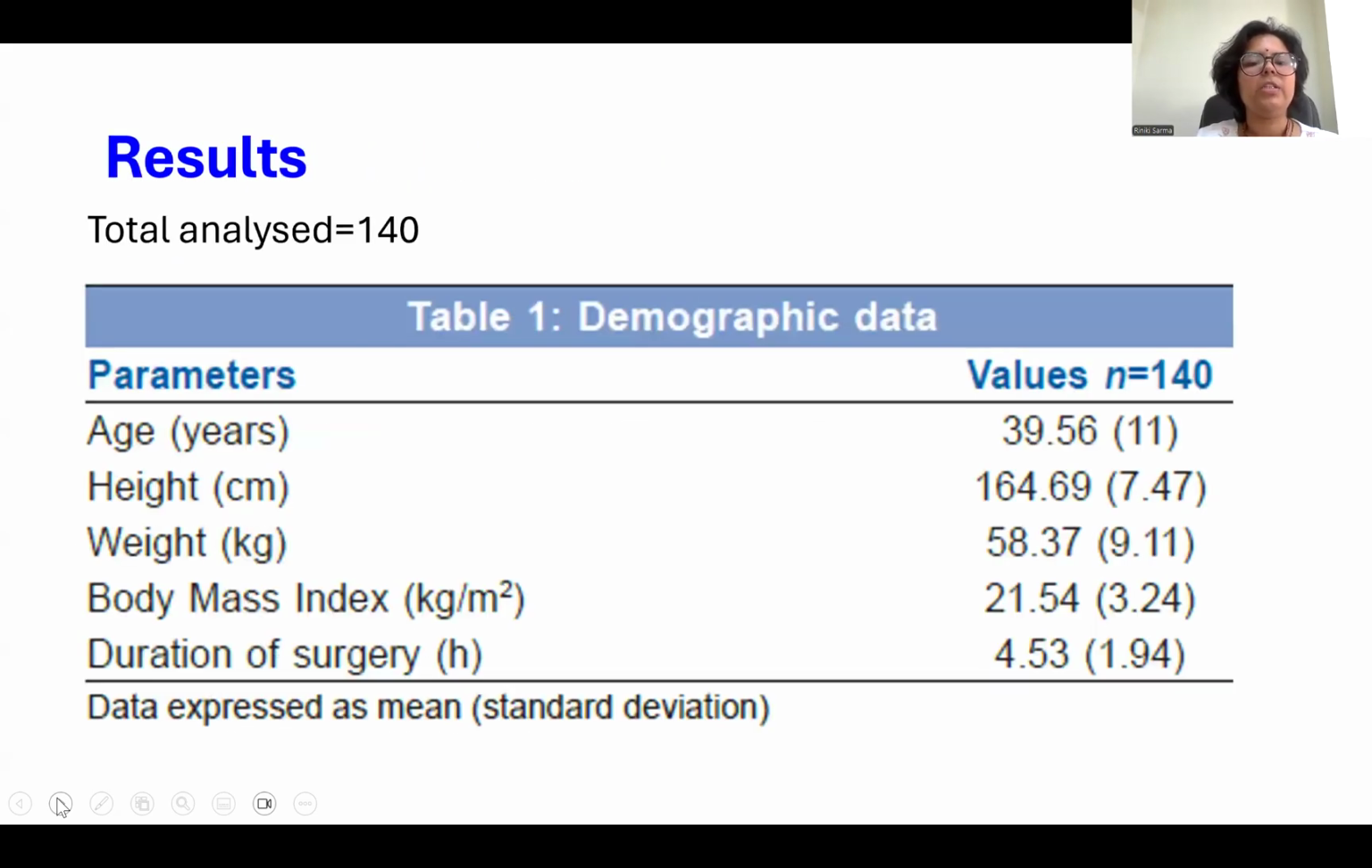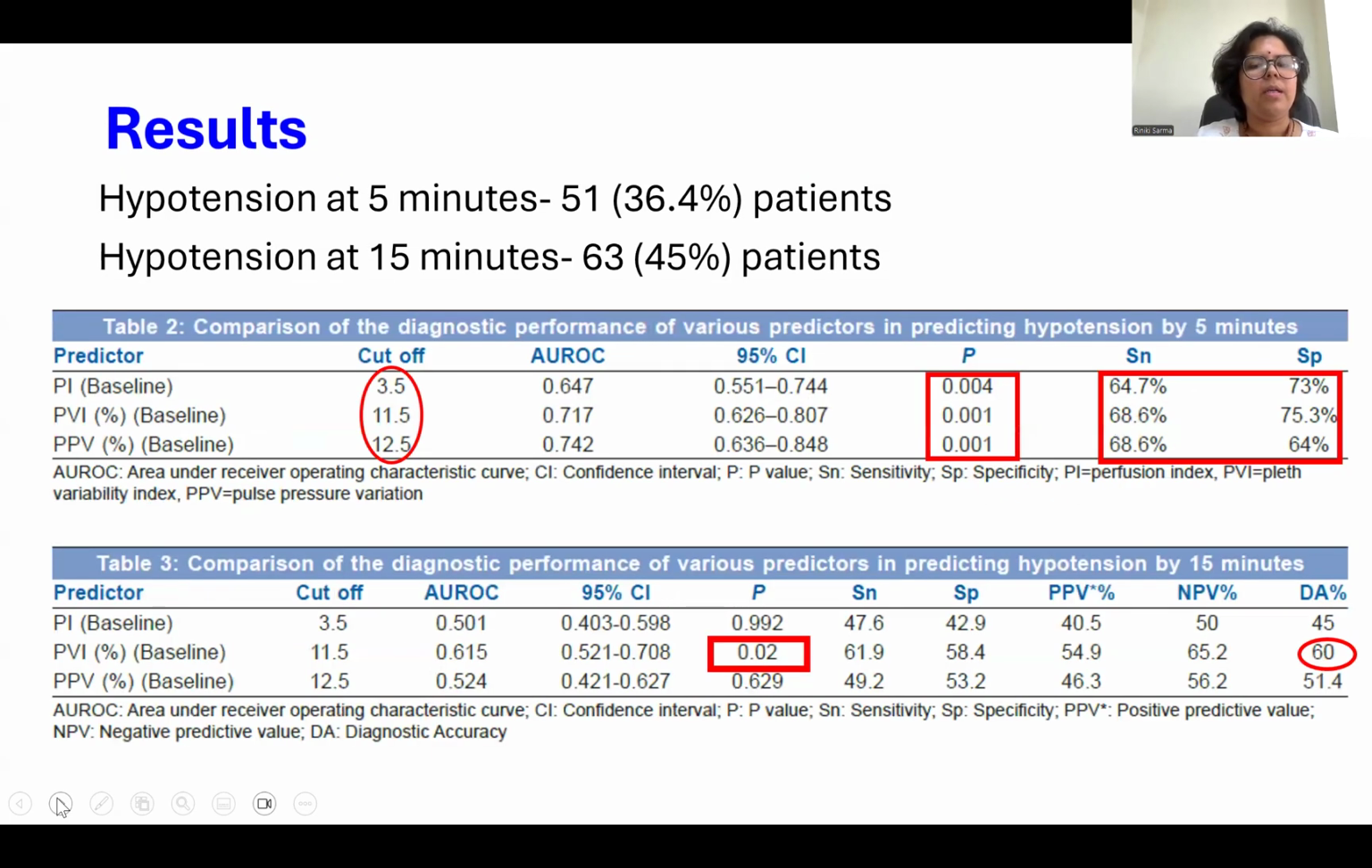So the total analyzed were 140. These are the baseline demographic data. In results, it was found that at 5 minutes, 51 patients had hypotension, and at 15 minutes, 63 patients had hypotension. So at 5 minutes, it was found that the perfusion index had a cutoff of 3.5, which was statistically significant, and the sensitivity and